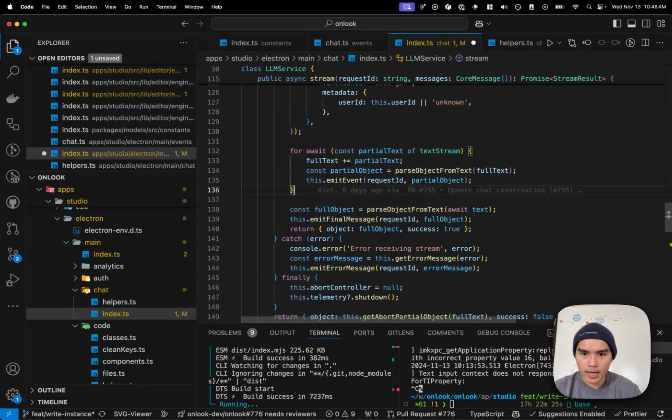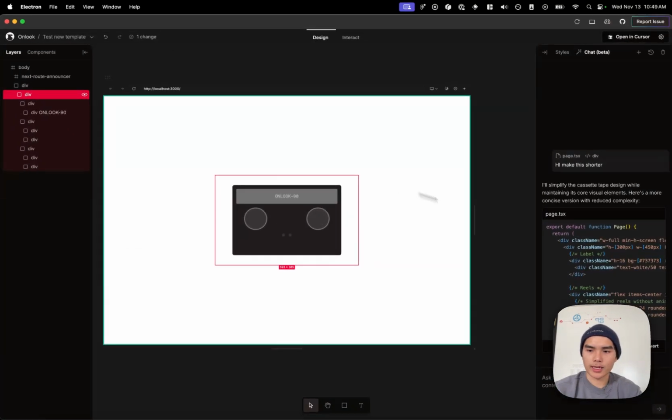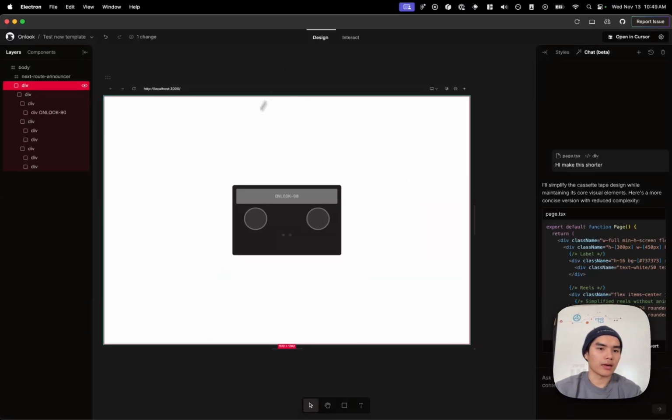And then when it's all done, we grab the full object and resolve that, and then we actually commit that into the conversation. Otherwise, we have a streaming object that is being displayed as it's being streamed, and that's a conversation. There is a lot more that is not mentioned,